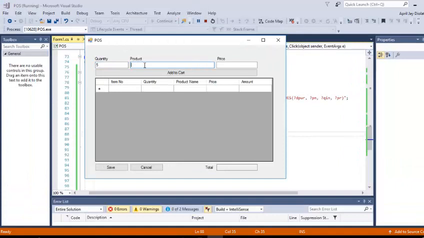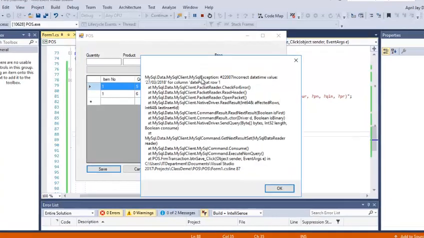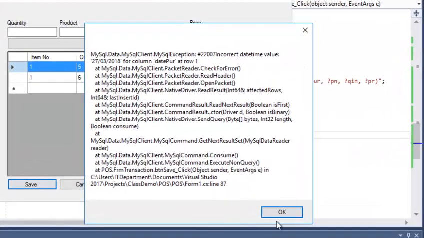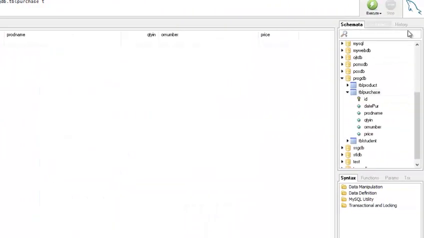So, 550. Add. 6. 5. Add. Save. Error. Okay. There's a problem with our date. Okay. So, yung format sa ito ang